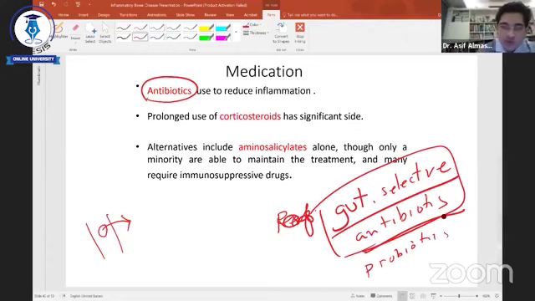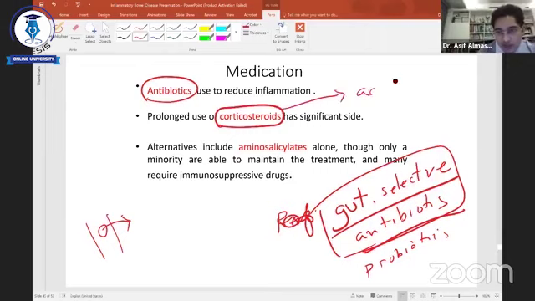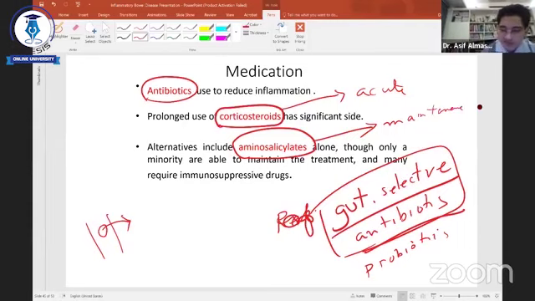Sometimes we give probiotics just to change the bacterial environment of the intestine. Corticosteroids are important in case of acute disease. Aminosalicylic acid, sulfasalazine, mesalazine, these are for maintenance. Steroids, remember, in case of acute disease,